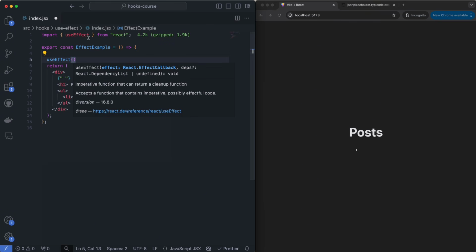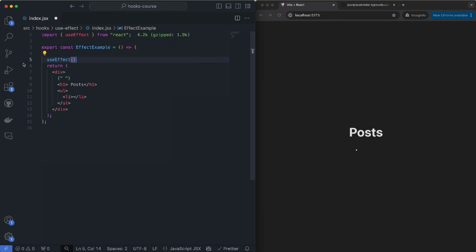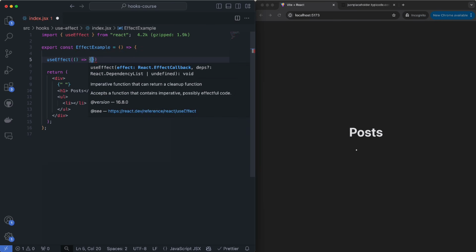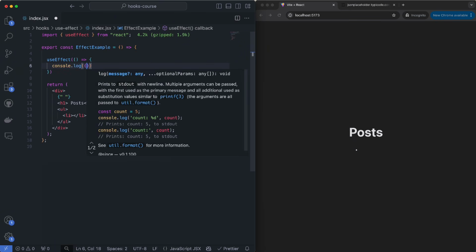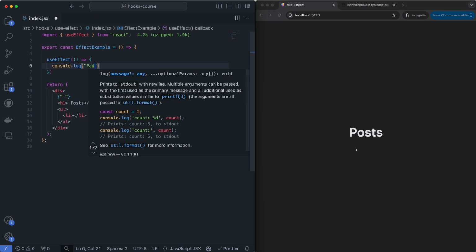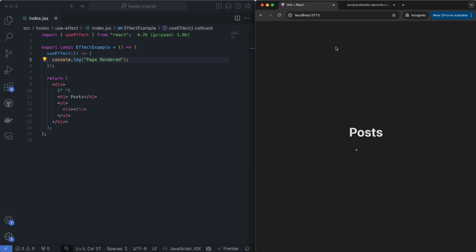Perfect. You saw it also auto-imported over here. Now, the notation for the useEffect hook is very simple. You call the hook, always obviously inside of your component, never inside of an if statement, just like all the other hooks. And inside of here, you put a callback function that will execute whenever your useEffect is supposed to. So whatever action you put over here, like console log page rendered, you'll see that it will actually console